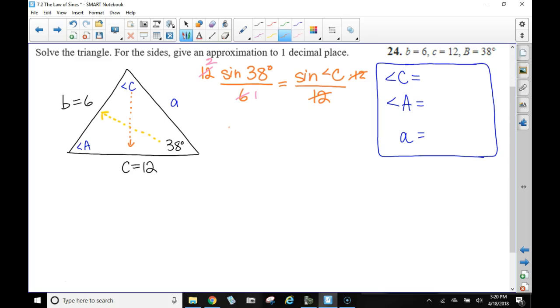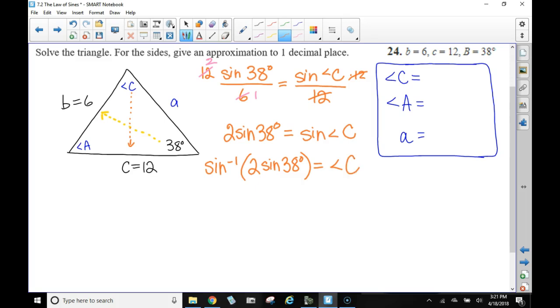So this is equivalent to 2 times the sine of 38 degrees equals the sine of angle C. Let's solve for angle C by taking the inverse sine of both sides. So the inverse sine of 2 times the sine of 38 degrees,